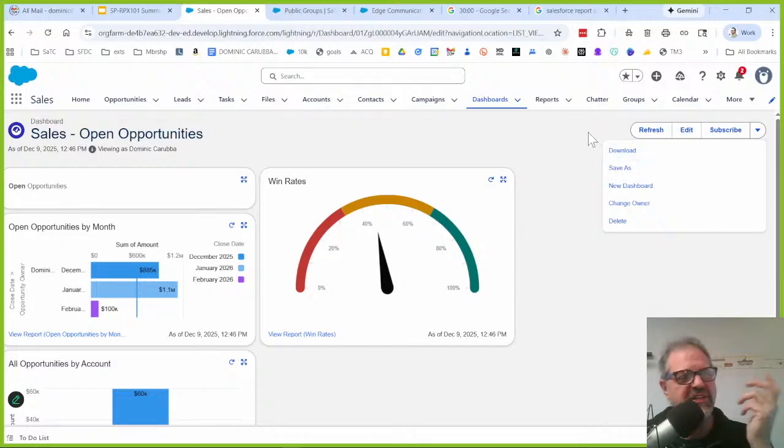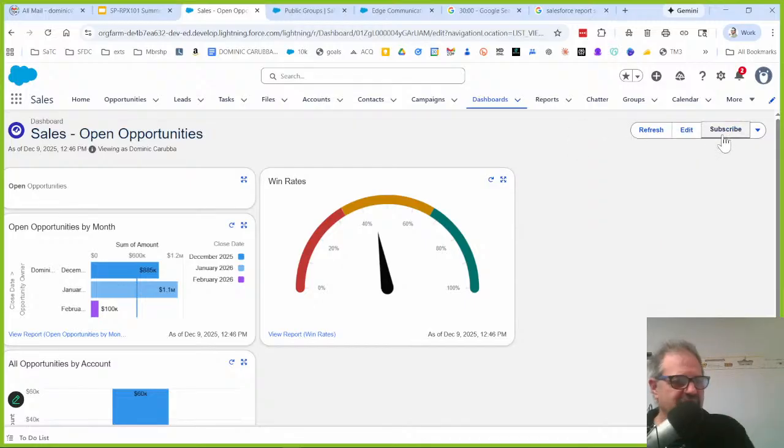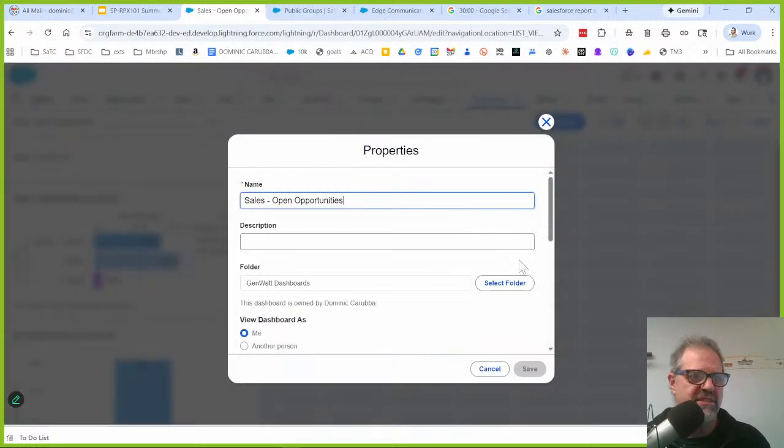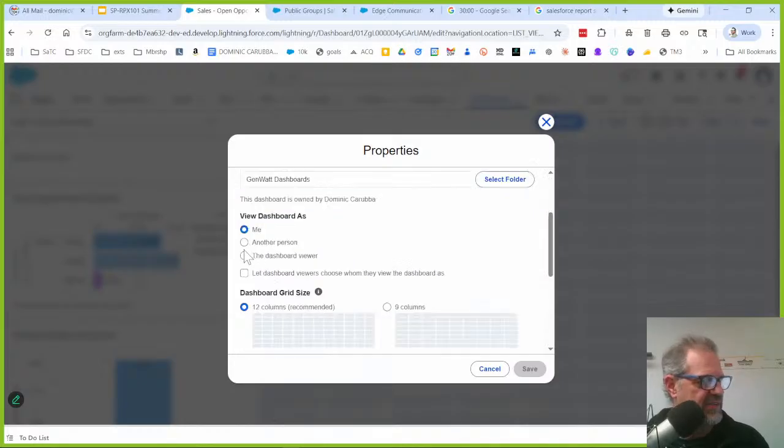Oh, there it is. If you do the dashboard viewer, it's subscribe. You've got to subscribe to it. I don't know why the button showed up just now, but there it is. Why did it show up if I picked it as... because if you do the dashboard viewer, it's a dynamic dashboard, and I think that's the restriction. Correct. I think it is. So if I do dashboard viewer, to me